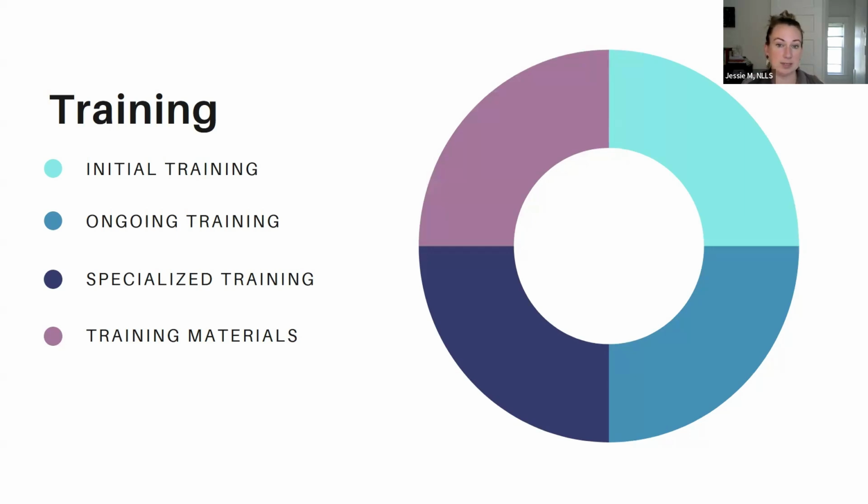So, training and examples. There's the initial training, where new employees receive comprehensive training on FOIP principles, including the handling of access requests, privacy protection, and records management. For example, when a new staff member joins the library, they undergo an onboarding program that would include a module on FOIP. This module would cover the basics of handling personal information, the importance of privacy,